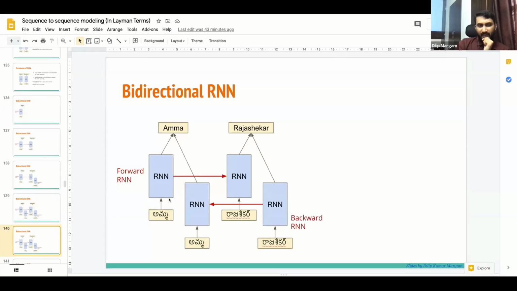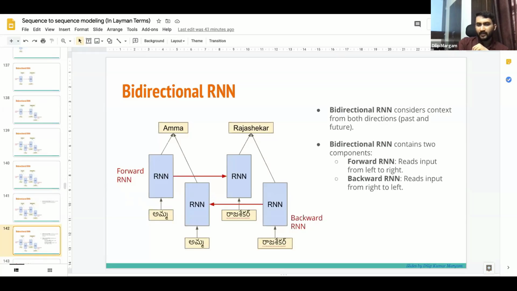Given that it has context from forward and backward, it's able to predict the right output. So that is what I have written here. Bidirectional RNN considers context from both directions, past and future, and consists of two parts: the forward RNN and the backward RNN.